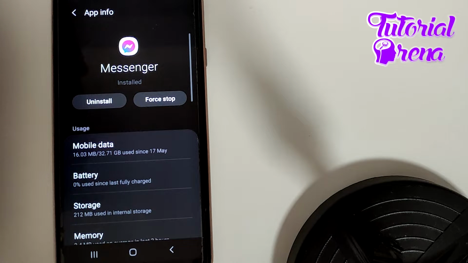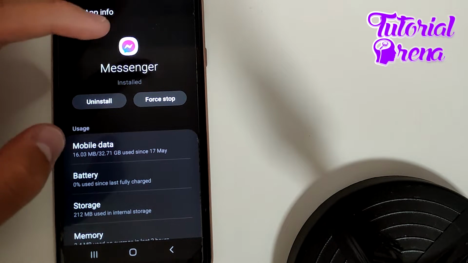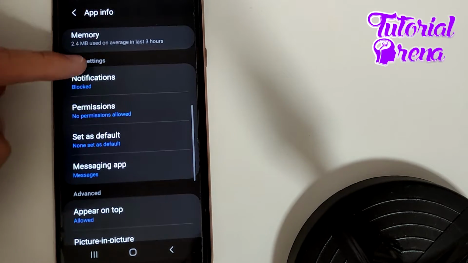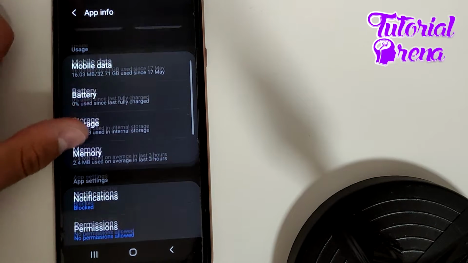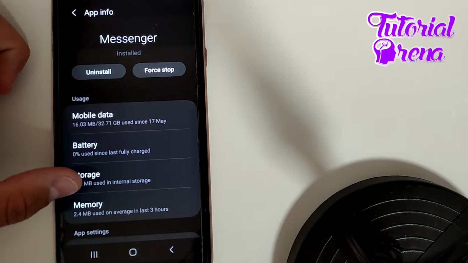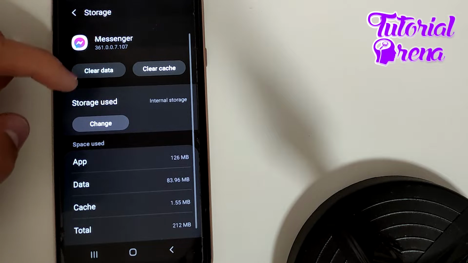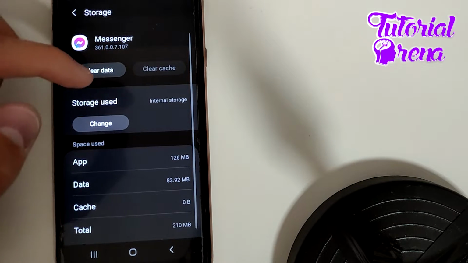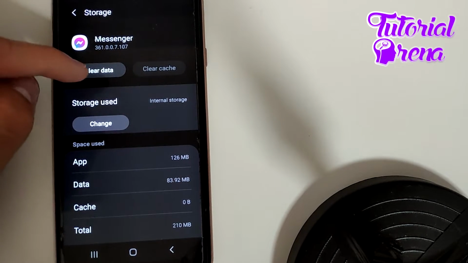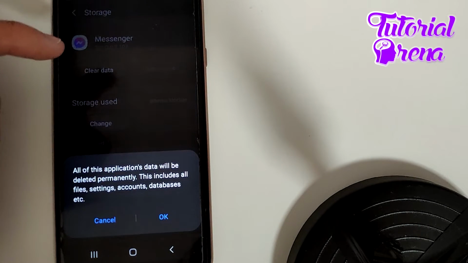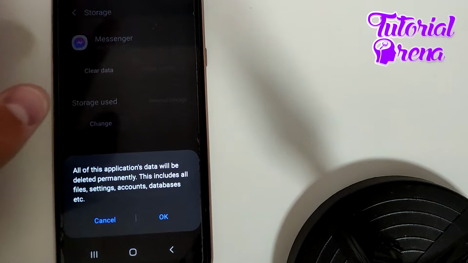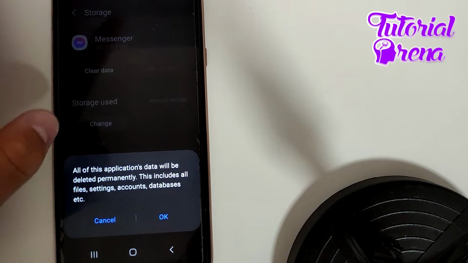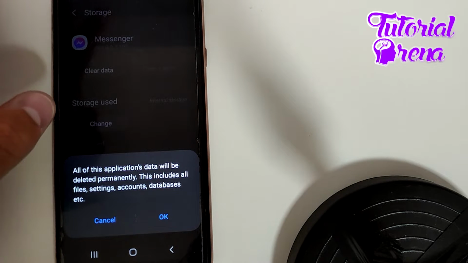When you get there, you're going to be able to clear the cache and clear the full session on it. You can go, for example, to storage, and here, guys, you're going to see that you have clear cache. You're going to first clear all the cache, and then you're going to go for clear data, and then you're going to press OK, and it will include all file settings,